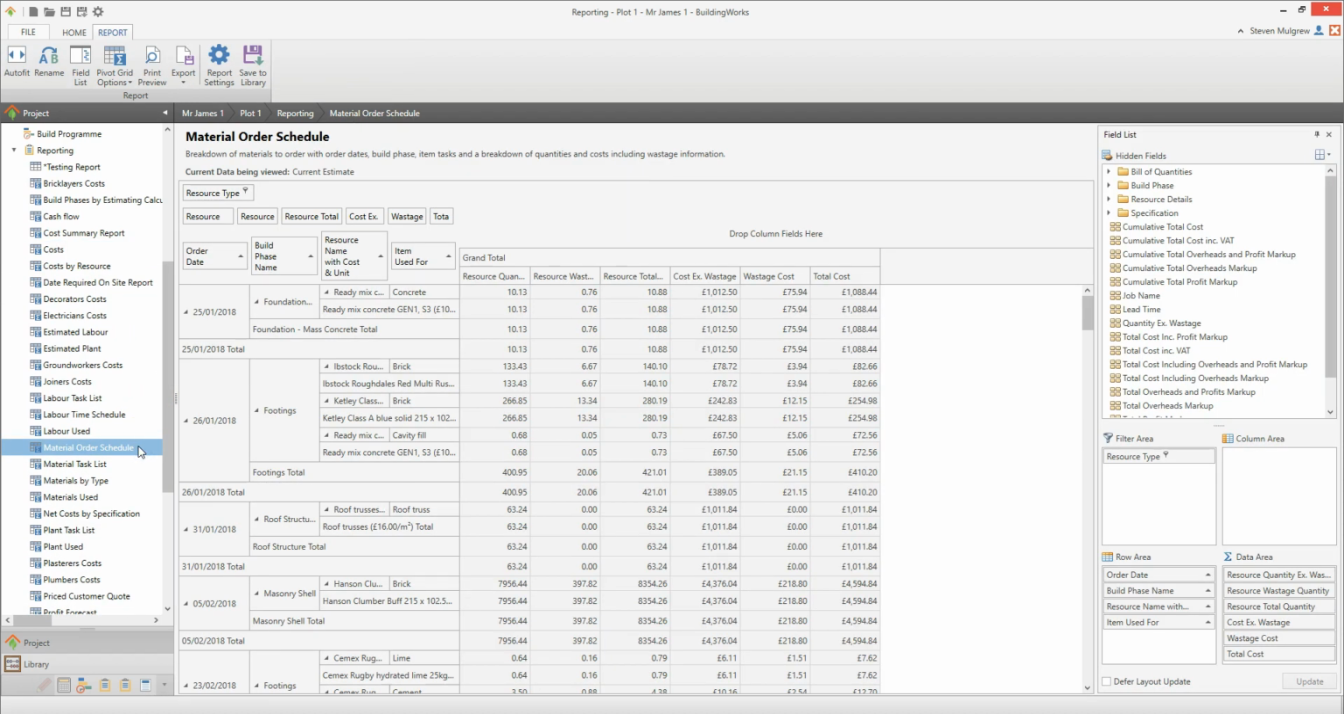The Material Order Schedule gives a breakdown of materials with order dates and quantity and cost information. The order dates are linked to the build program and each resource's lead time. You can export your report, for example to email to your merchant, by clicking the Export button. Take a look at the video on reviewing and printing reports for more help with the reporting tools. Let's minimise the reports for now